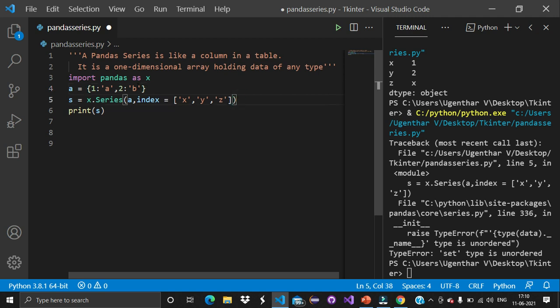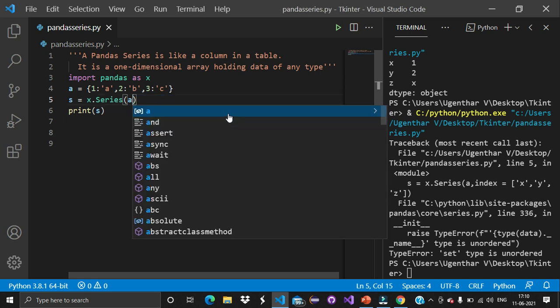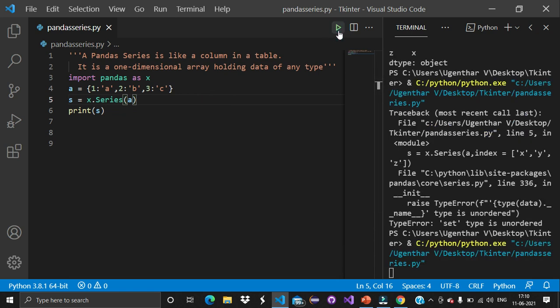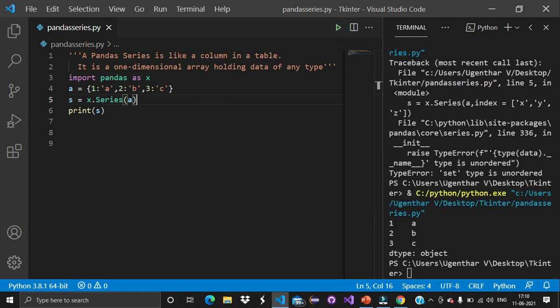Now we can also create another item, where the key is 3 and the value is c. Now instead of giving our own index, let's eliminate this and check whether it is printing or not. Here it successfully prints.